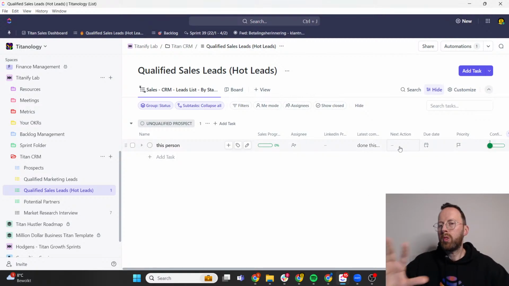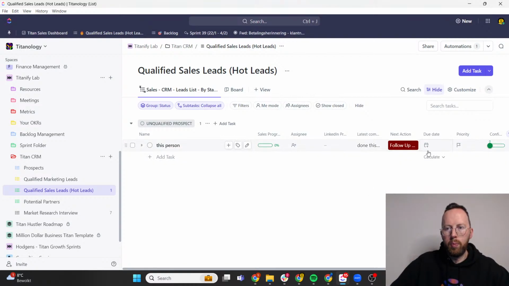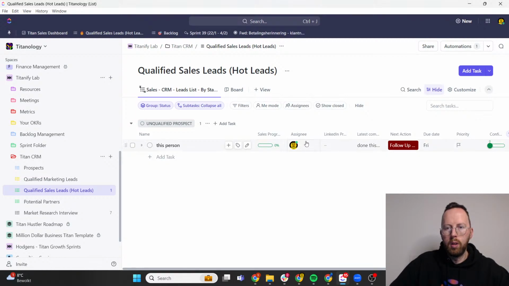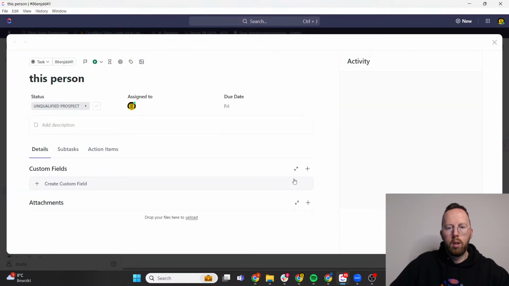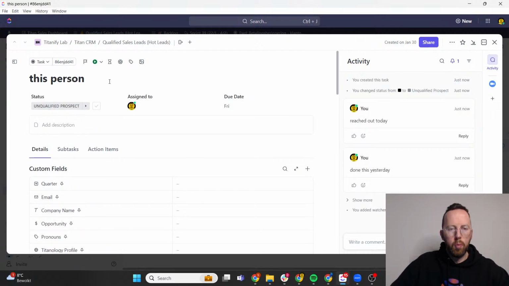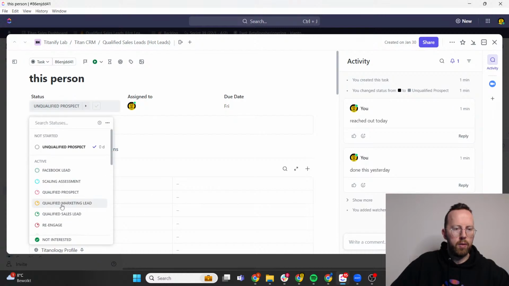So, and also this, I can just set up this and a due date. It's the LinkedIn profile, priority, confidence, and so on and so on and so on. And you can add a lot of custom fields, all of these. You can do most of this also in Pipedrive, right? The only thing you don't do that easily is the activity feed, like comments and so on. Communicating with your team about it is a little bit more cumbersome in Pipedrive. So that's